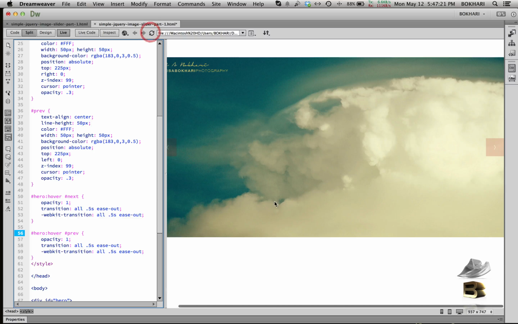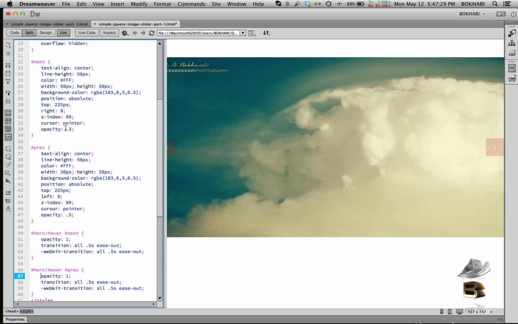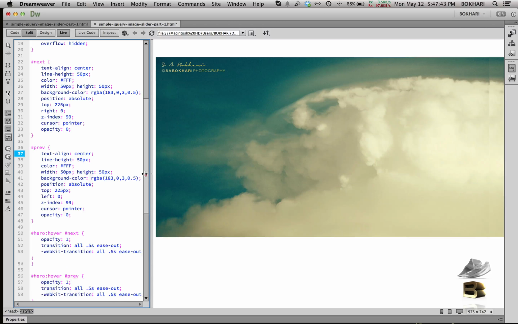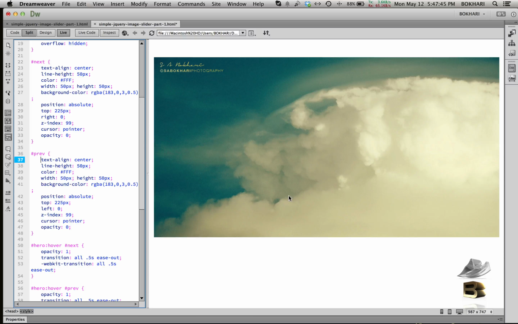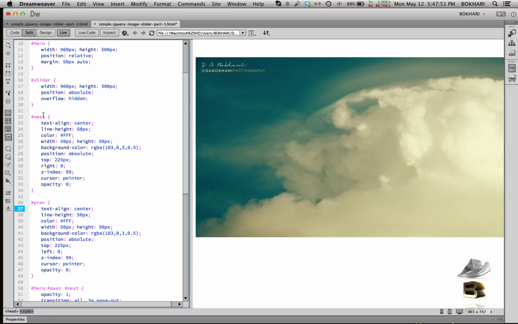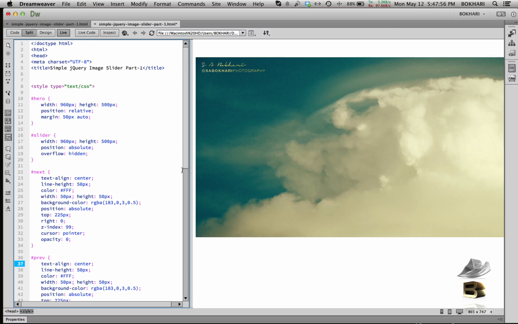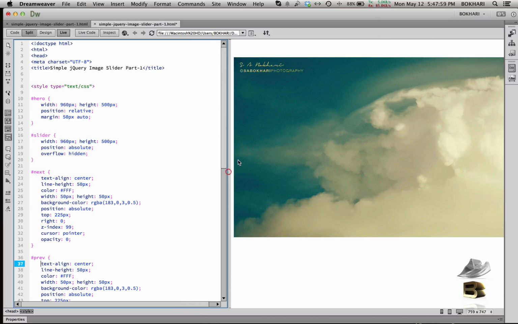Right, now we're going to simply give the next and previous opacity to 0, so it will be completely hidden, and when we hover over, it shows up, pops up like so. That's cool. All right, okay, so step 2 is successfully done and complete. That's the CSS required for this image slider, and this is the final part, and that is the engine of the image slider,